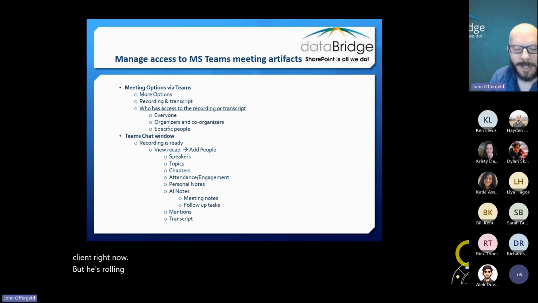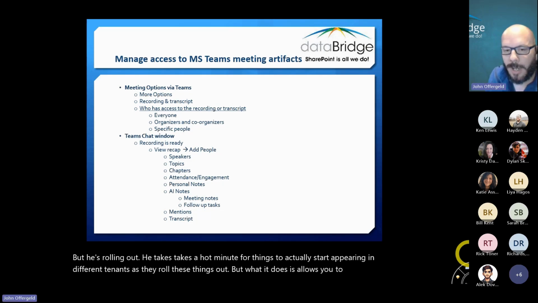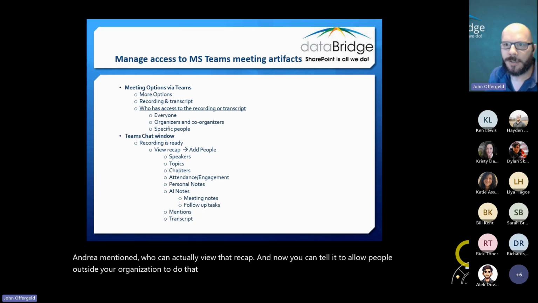It takes a hot minute for things to actually start appearing in different tenants as they roll these things out. But what it does is allows you to choose, as Andrea mentioned, who can actually view that recap. And now you can tell it to allow people outside your organization to do that, which is great because now